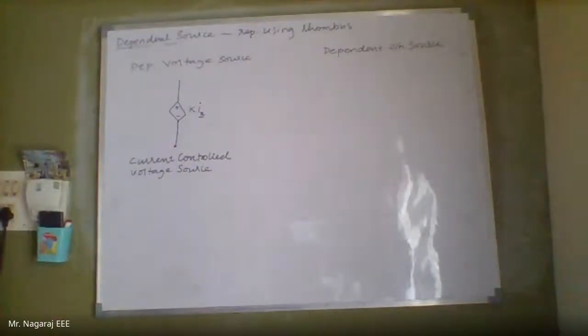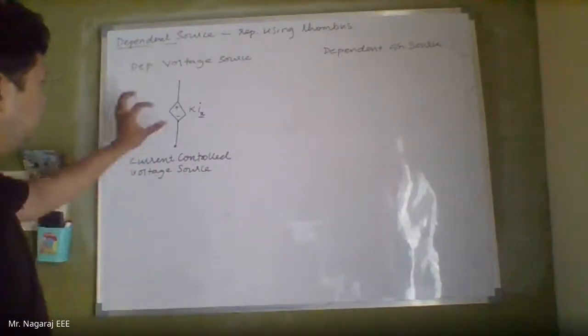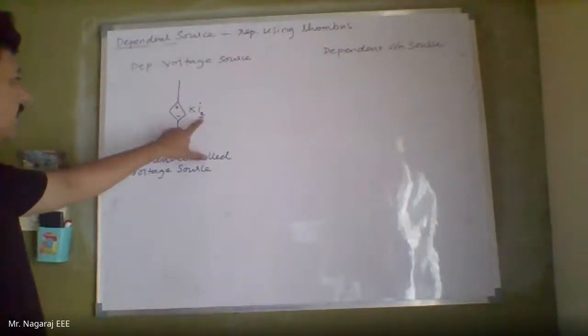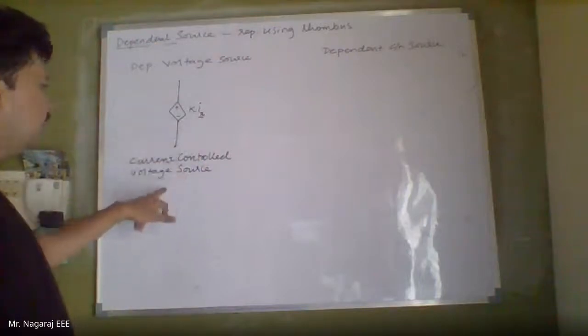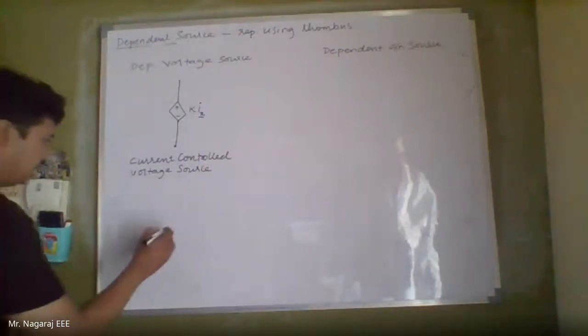It is a current controlled voltage source because the voltage value of this source is controlled by the current Ix. So current is controlling it. So it is a current controlled voltage source. Now there can be another voltage source,